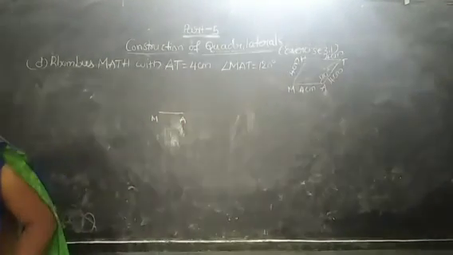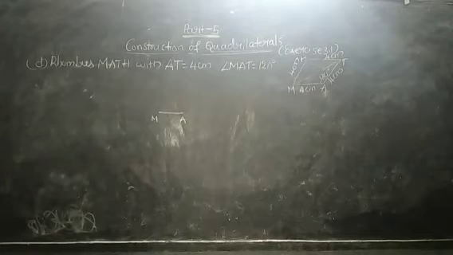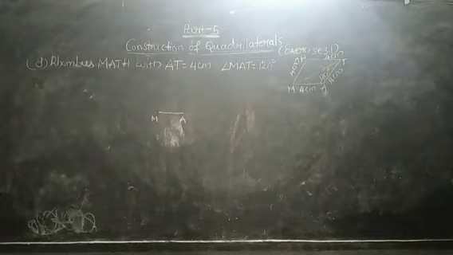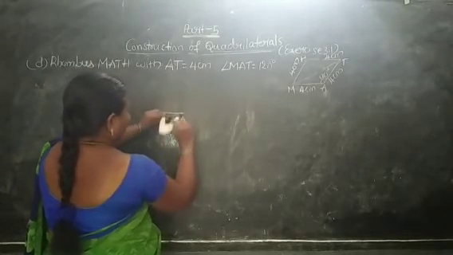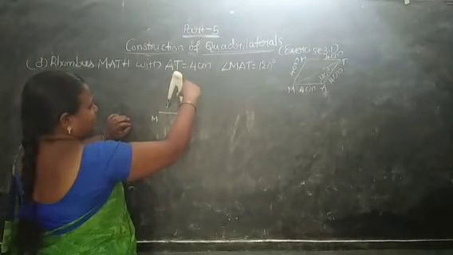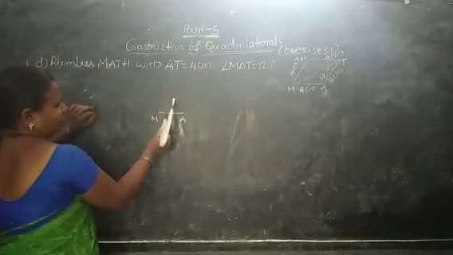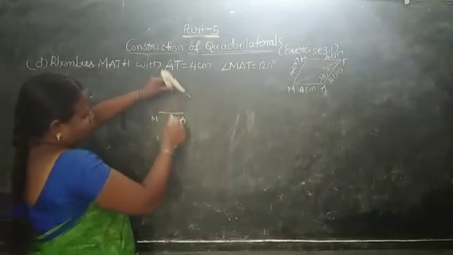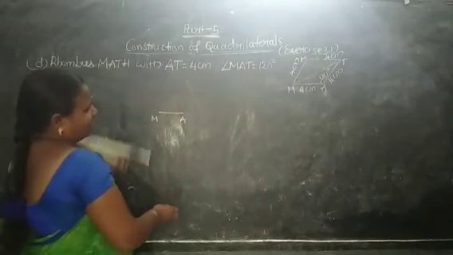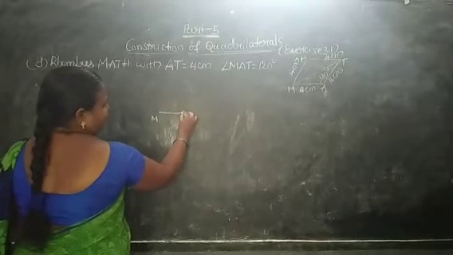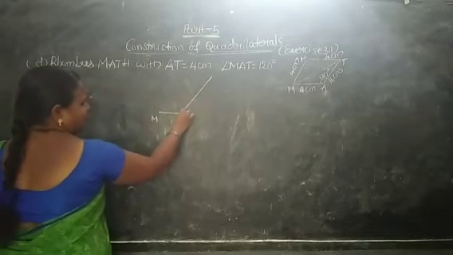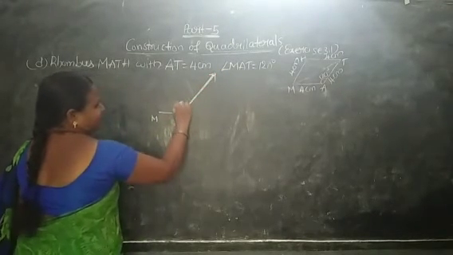To construct the 120 degrees, we have to construct first 60 degrees with more than half length, and with the same length if we construct again, it is 120. So this is the angle with 120 degrees.